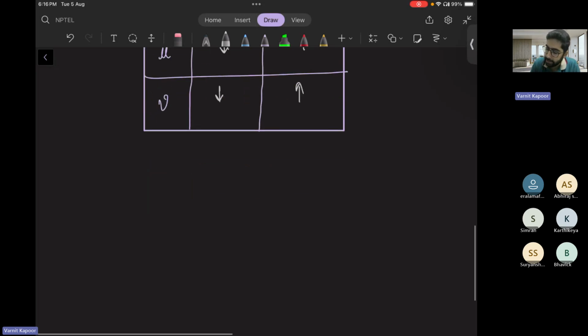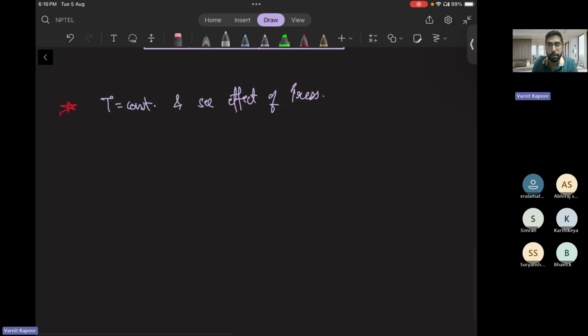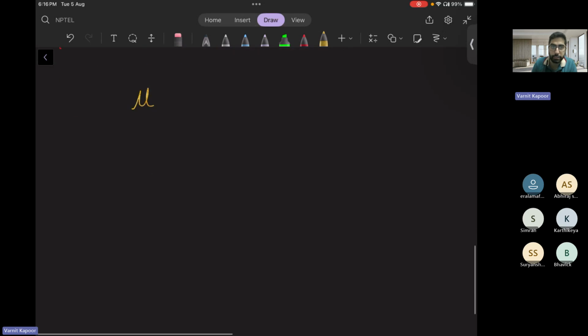Now we will see the next thing. We will keep temperature constant and see the effect of pressure, for both kinematic viscosity as well as dynamic viscosity. So once we will see for the dynamic viscosity, we can see for both the cases, liquid as well as gas once again. So if you increase the pressure,